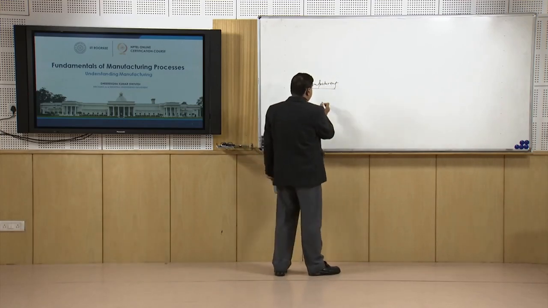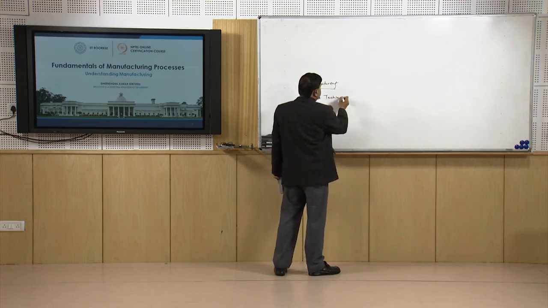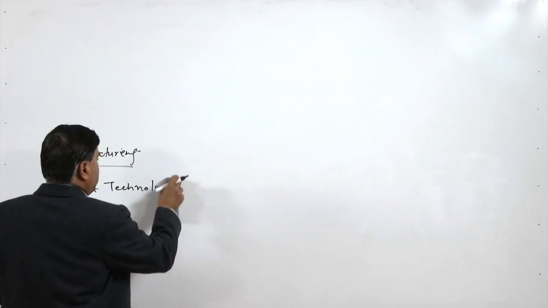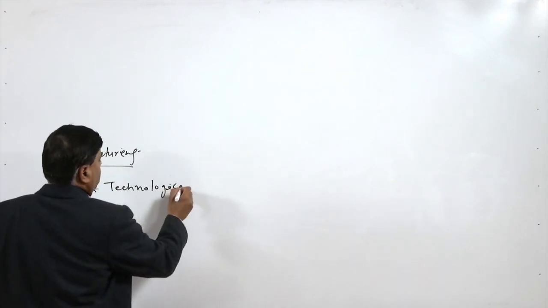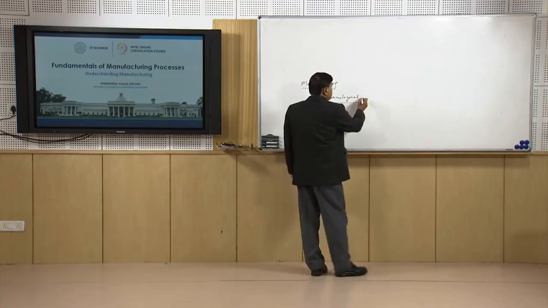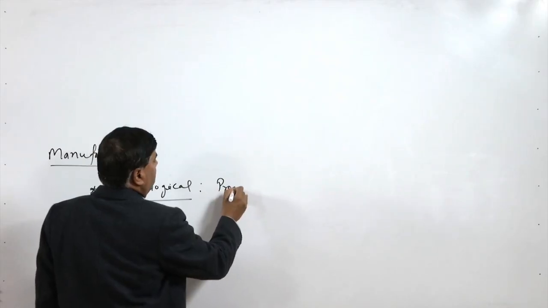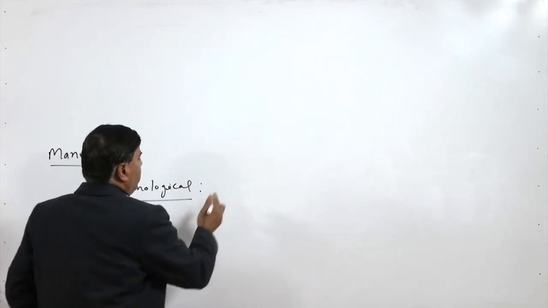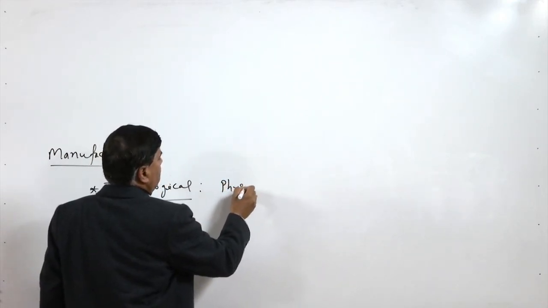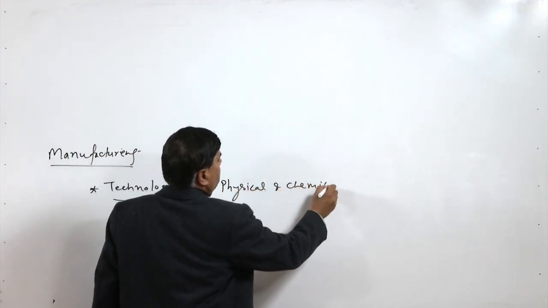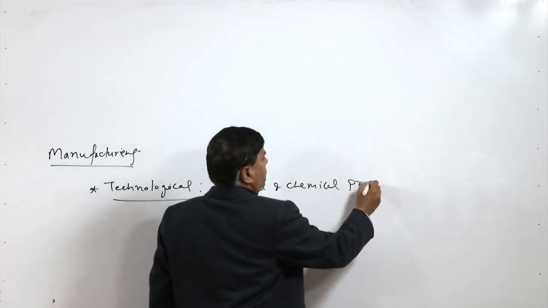When we define manufacturing in technological terms, technologically manufacturing is basically a set of processes, or you can say a set of physical and chemical processes,